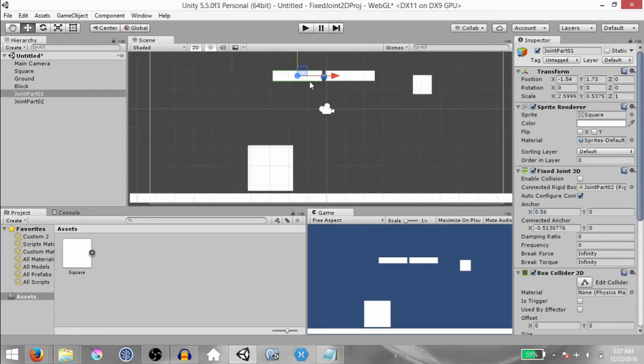Alright, next we're going to talk about frequency. Now, if you remember earlier, I told you that the FixedJoint2D is a spring type joint. So frequency here is basically the frequency at which the spring oscillates while trying to maintain a distance between these two game objects. The frequency is measured in hertz, and to demonstrate how frequency works, I'm going to make some